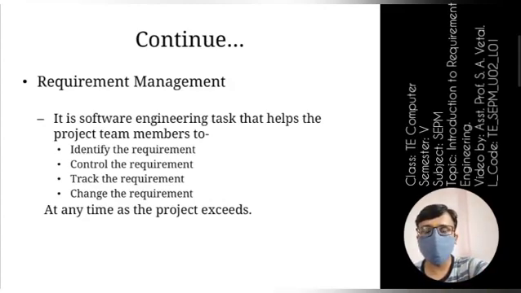By using requirement management, you identify requirements, control them, track them, and change them at any time as the project proceeds. We can change these things at any time as the project proceeds.